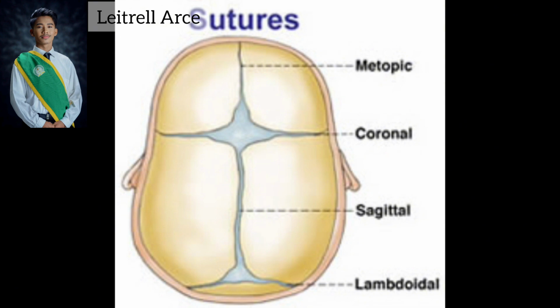These sutures allow the skull to grow as the baby's brain grows. Around 2 years of age, a child's skull bones begin to join together because the sutures become bone. So when this occurs, the suture is said to close, and that can limit or slow the growth of the